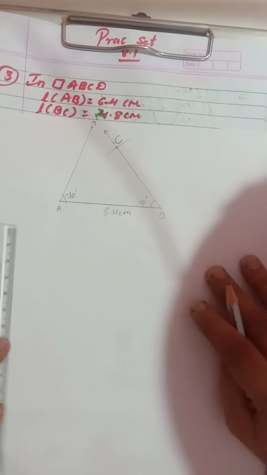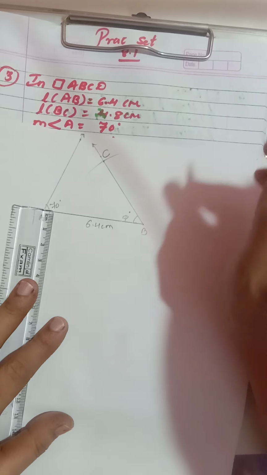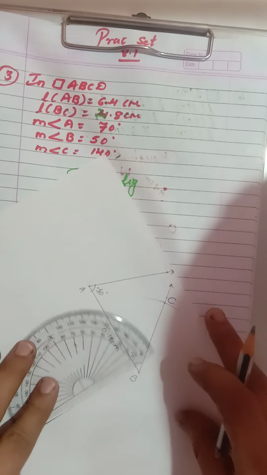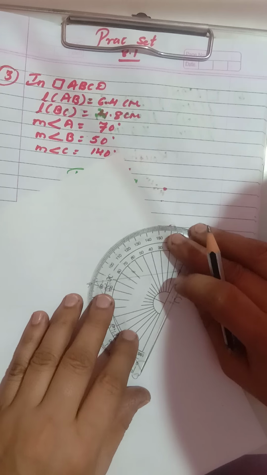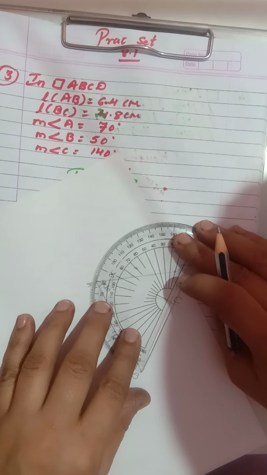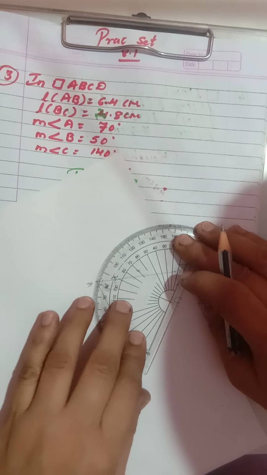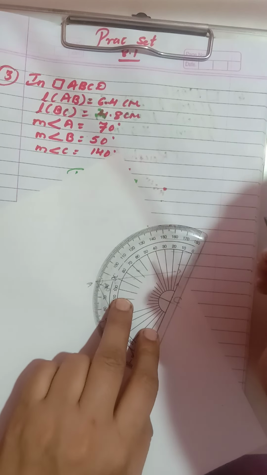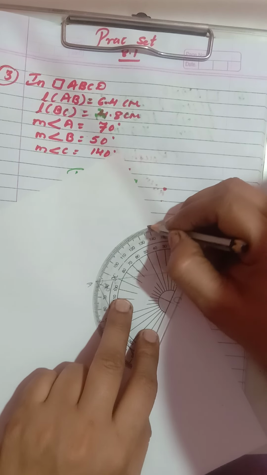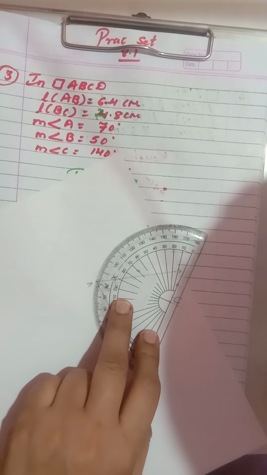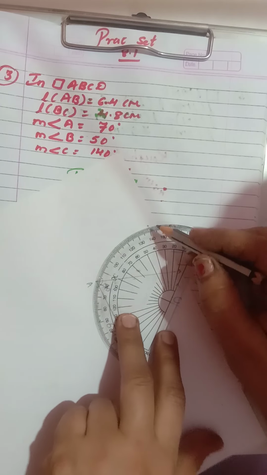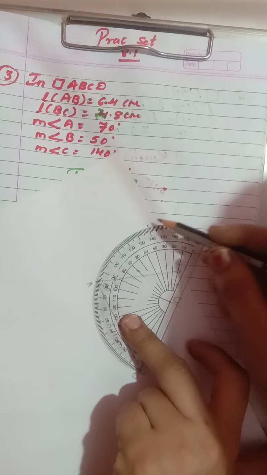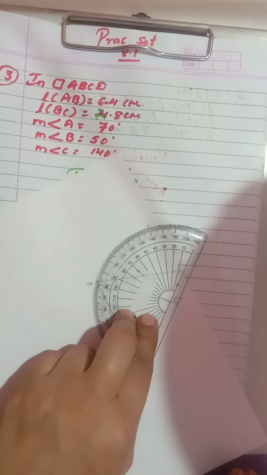Now we know that angle C is how many degrees? 140 degree. So now you are going to keep your protractor at point C and mark angle 140 degree. So angle 140 degree is here, you can see it's over here. You will mark 140 degree here. Now see children, here is 140 degree and the other 140 degree is over this side. So it is not possible because your quadrilateral will not be formed.